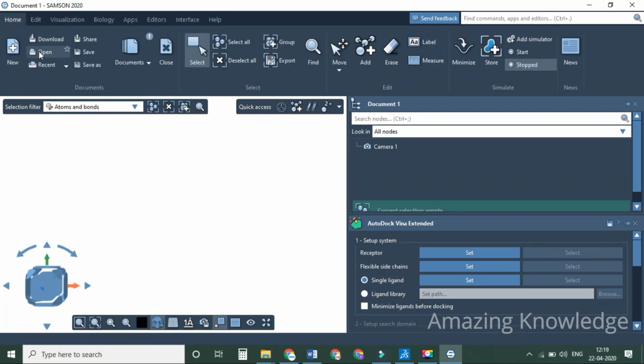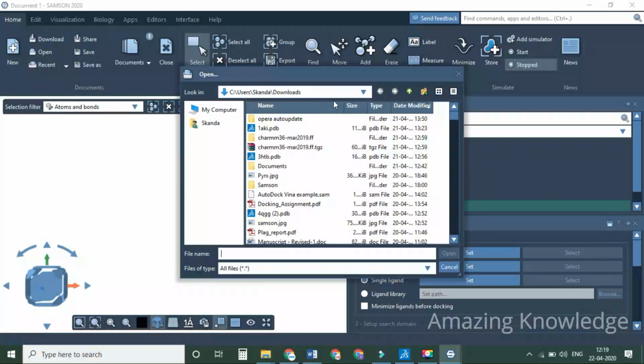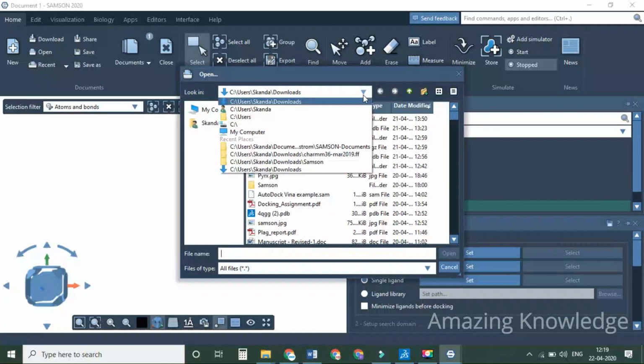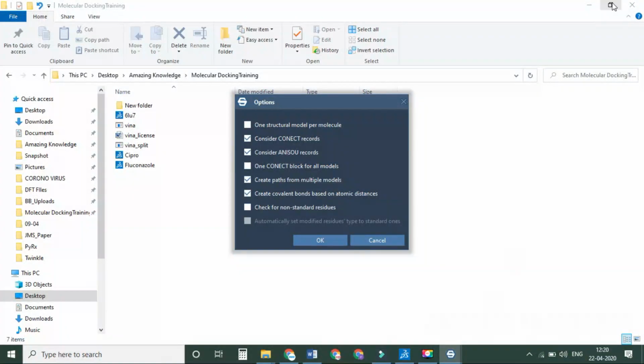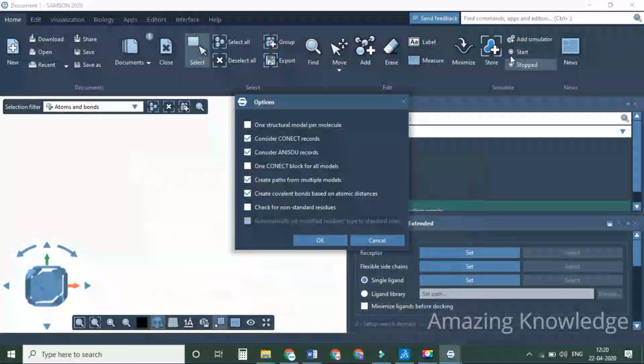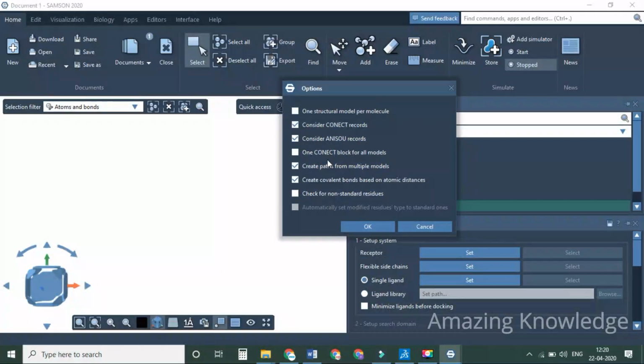Now what I'm going to do is open the downloaded protein here. Once you click to open, the opening window appears like this, molecular docking trainings. Once you click the downloaded protein, it will ask for options.